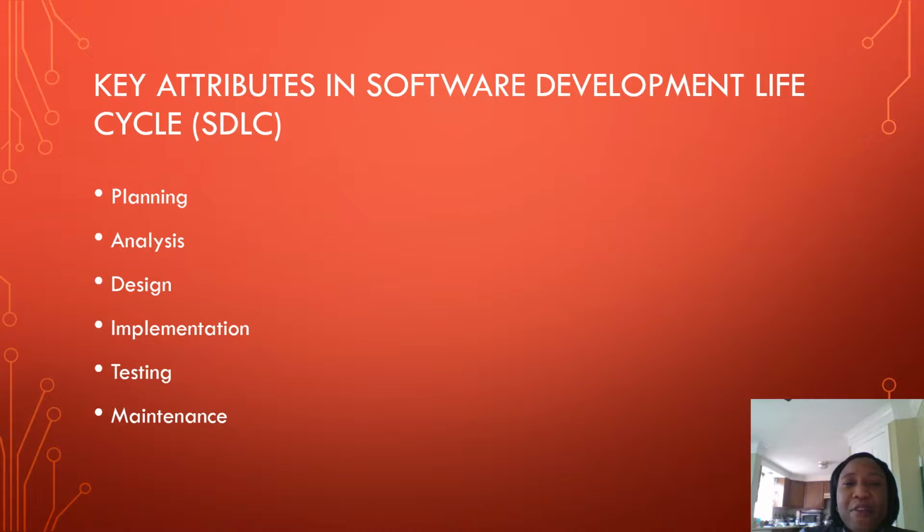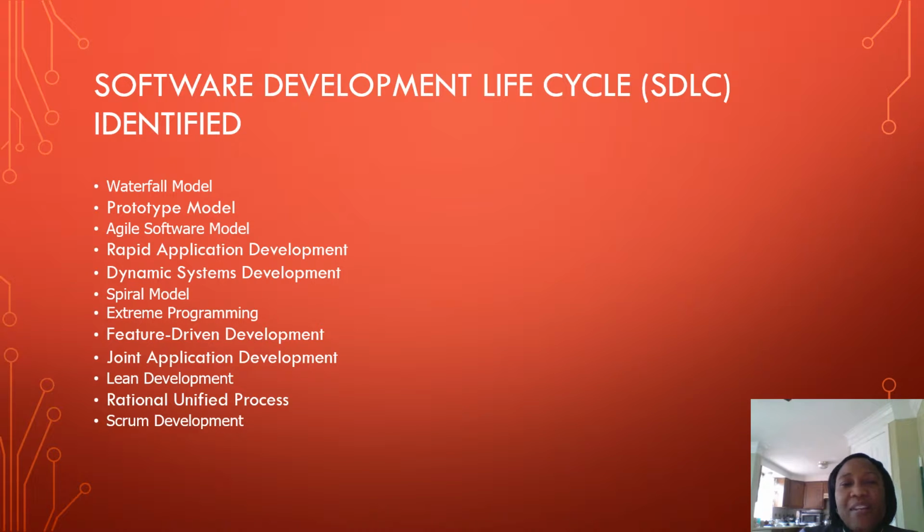These are the key attributes in software development lifecycle: planning, analysis, design, implementation, testing, and maintenance. There are different types of software development lifecycle identified at the summit, which include waterfall model, prototype model, agile software